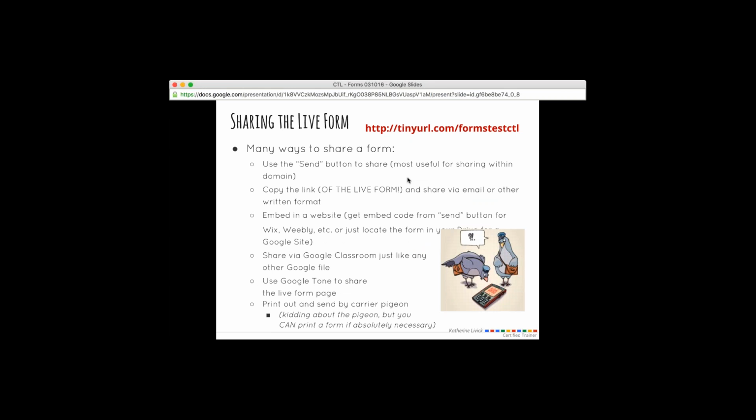And the point of this is to show you that it's really live. If I have a typo in a test and I've already sent it out to the kids, I can go ahead and change it, fix it. Anyone who logs in after that will see the new question or the changed typo or anything. So it really gives you the opportunity to keep tweaking it. You want to be careful about that if you have your response set up very carefully. But it also allows you to see data just